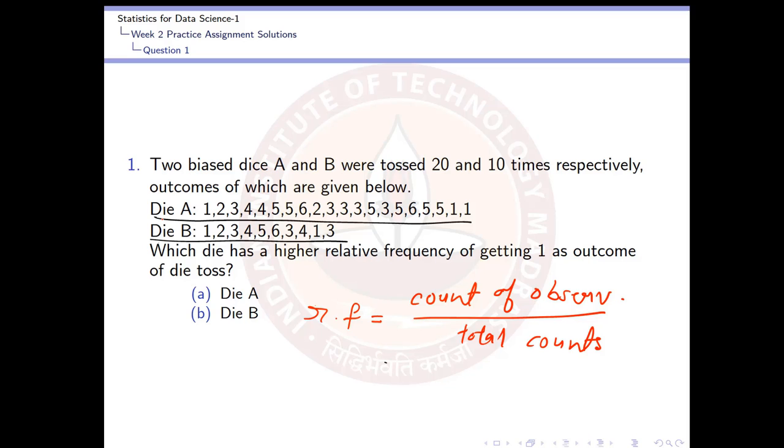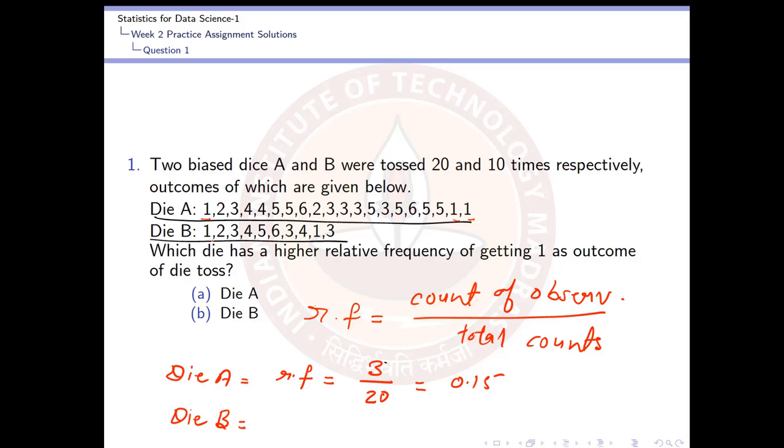So for die A, 1 appears 3 times, here, here, and here, and total counts are 20 because the die was tossed 20 times. So for die A, relative frequency is count of observation, which is 3, and total counts is 20. That will be your 0.15. And for die B,